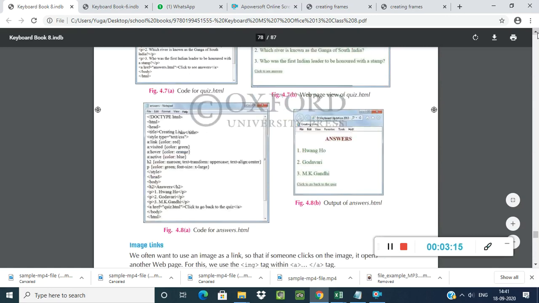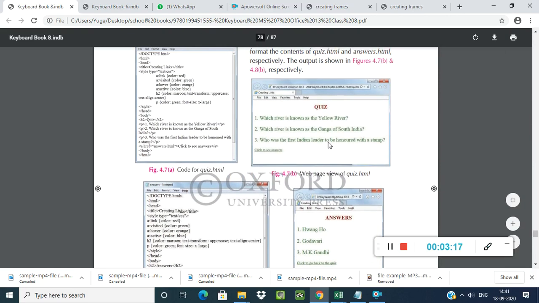In the hyperlink video, when you click to see the answer, you are able to see the answer. If you click to go back to the quiz, you go back to your quiz.html page. Likewise, I had created two HTML files for one program, the quiz.html file and the answer.html file.